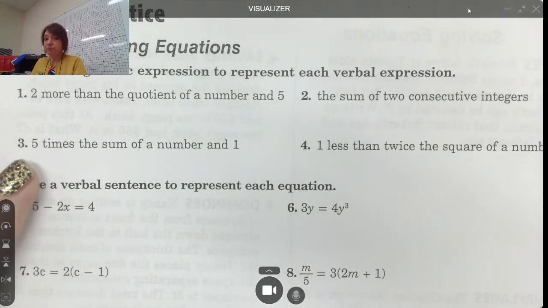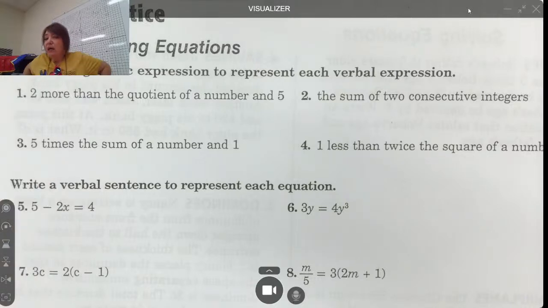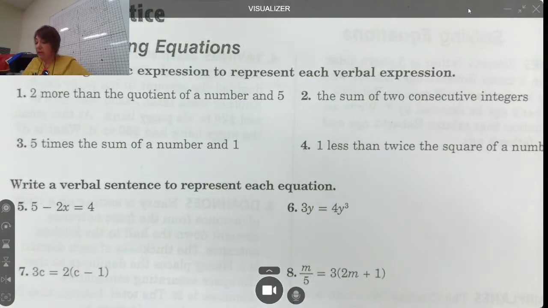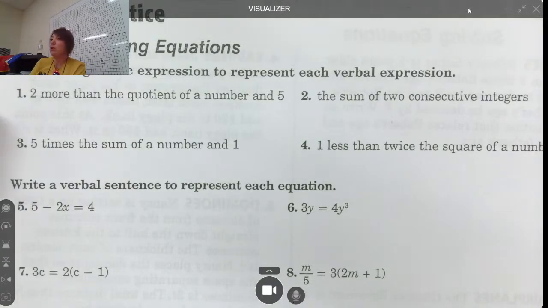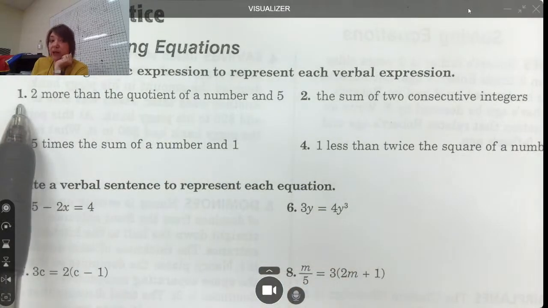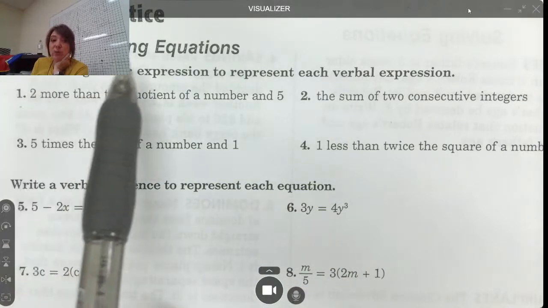So you got this 1.3. We're going to be on the practice side. So here's how we're going to work this today and tomorrow. Today I'm going to work on teaching some of the stuff on 1.3, and then I'm going to give you an opportunity to work on some of that stuff. Tomorrow, same thing, okay? So right now we're looking at number 1, and it says write an algebraic expression to